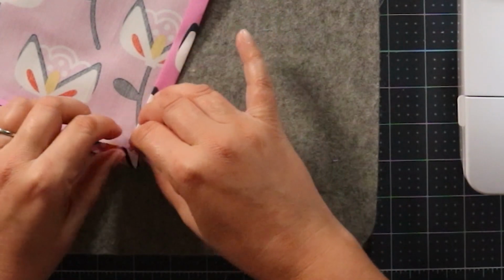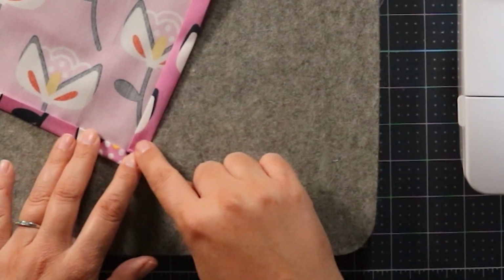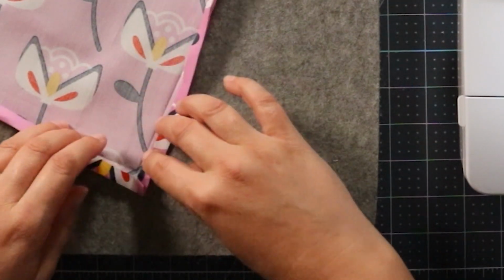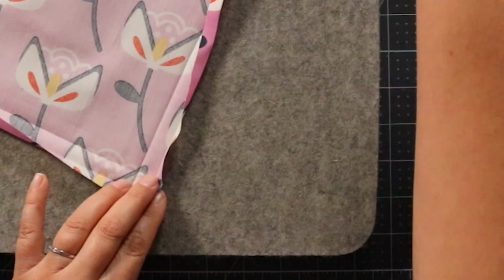And if you want, you can just go ahead and add a couple pins to keep this all stable and then stitch all the way around using either just a regular straight stitch or a decorative stitch, just a little bit away from that folded edge there. Or if you want to make these corners just a little bit prettier,